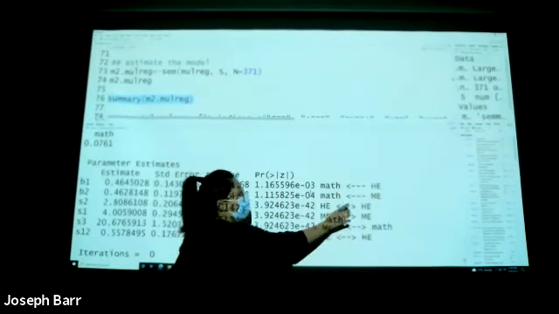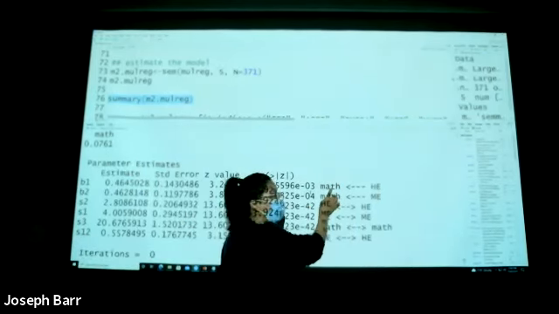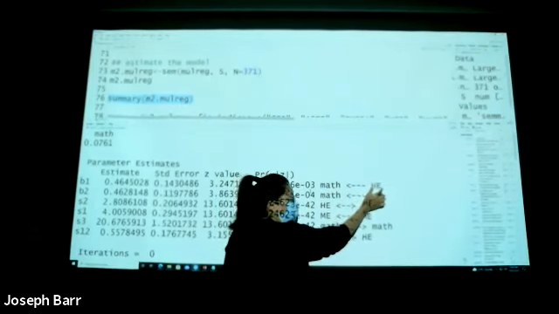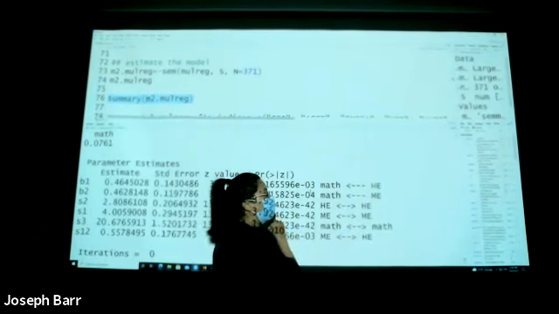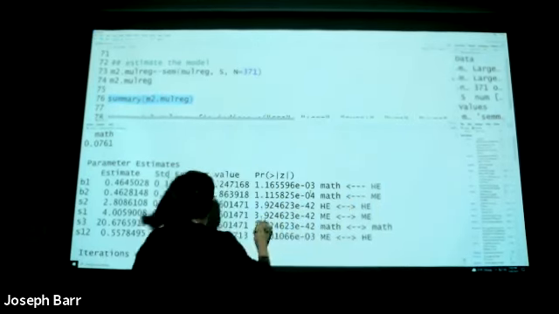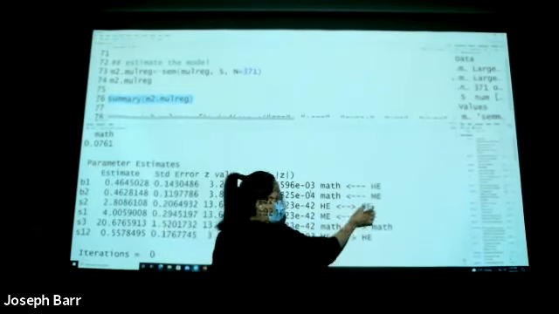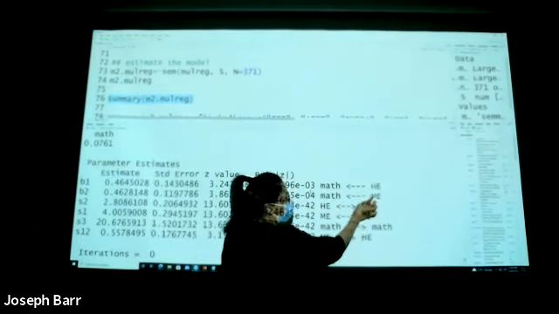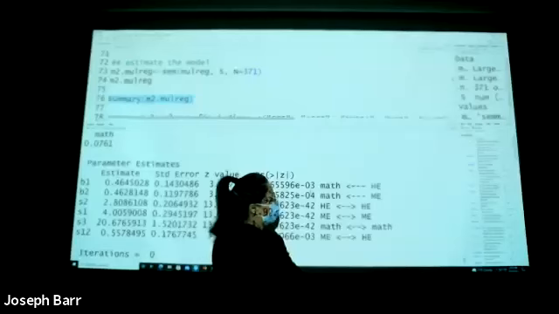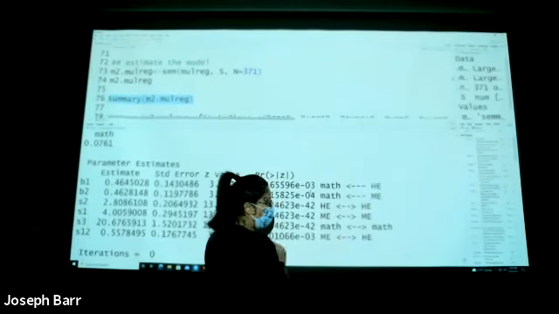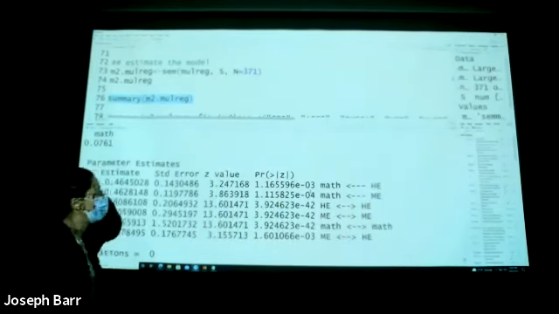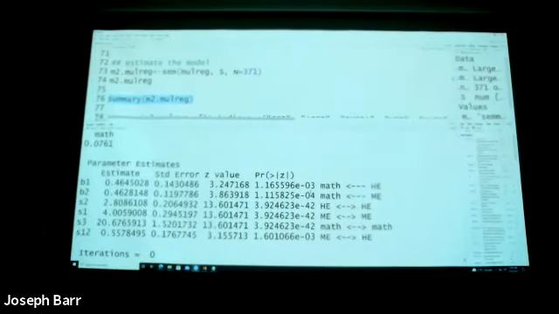B1 is from HE to math, the coefficient of home environment's influence on the kids' math achievement. B2 is the coefficient of mother's education level's influence on math achievement. And the variance of HE, variance of ME, the residual, and the covariance among them. All of these results are shown here.